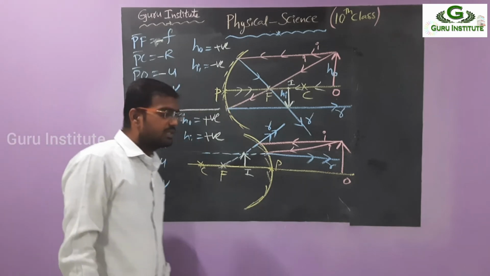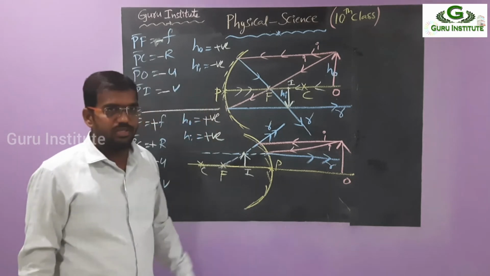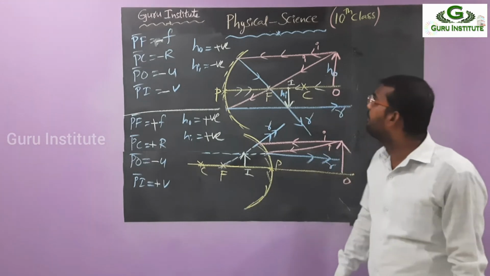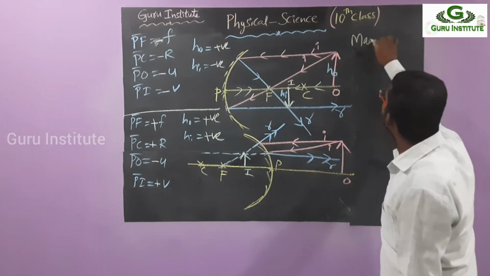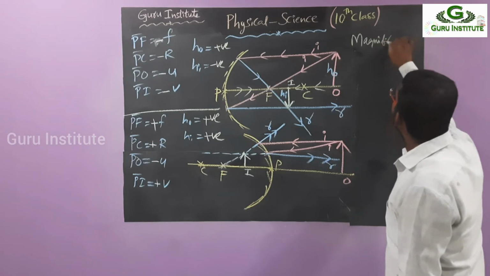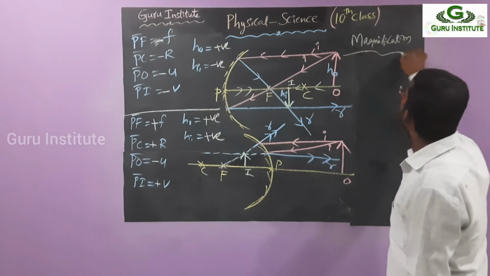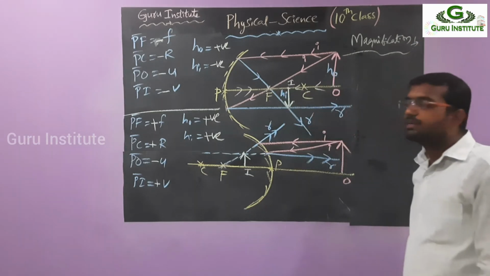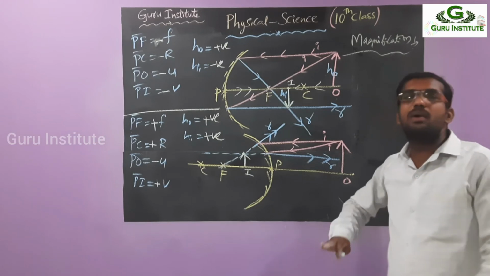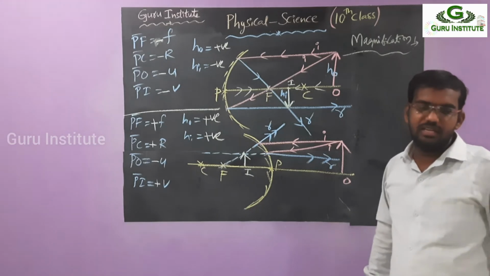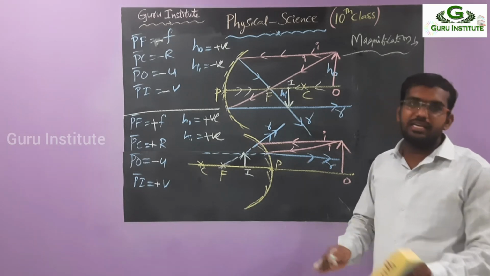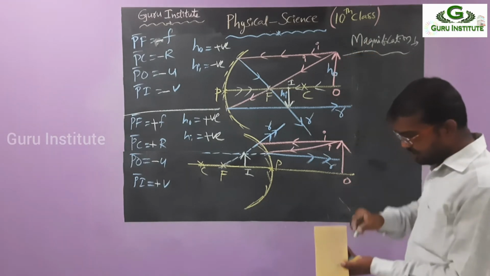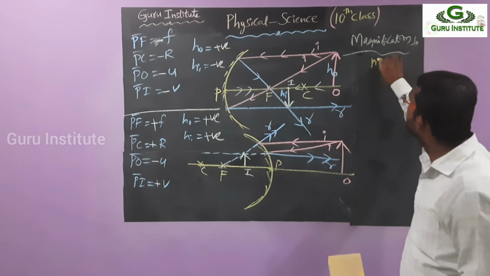And the last topic in this one, according to the calculation measurement, is magnification. What is magnification? Magnifying. What is meant by magnifying? Magnitude means size. Magnification is a property that shows how much the image size is varied, either decreased or increased. It's shown by this property. What is the first letter? M. So that's why we use small m for its indication.